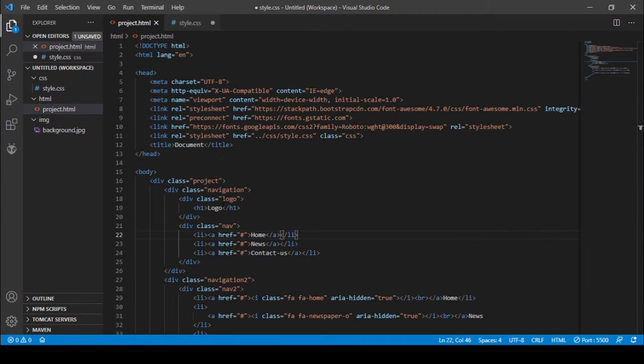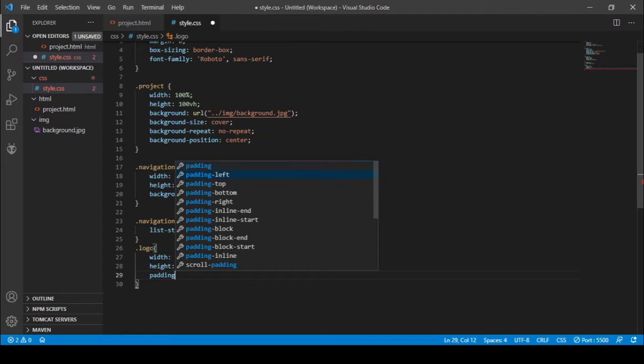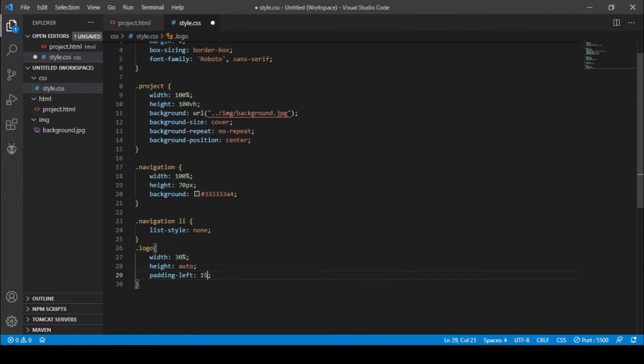So here let's get into logo class on here. Let's give the width as 30% and the height as auto, and I need to align the logo, so I need to give the padding left as 15 pixel and padding top as 15 pixel.